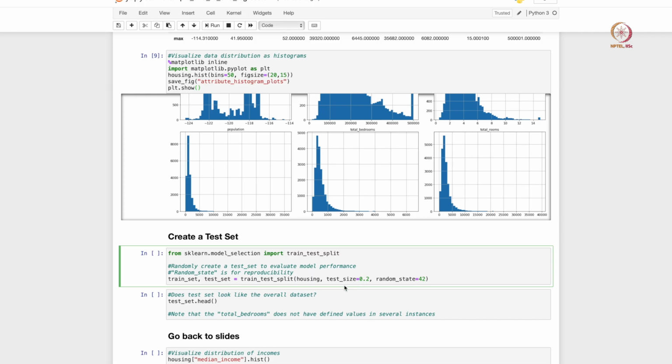So what we are basically saying is that we have about 20,000 data points in total, and we want to reserve 20% of the 20,000, so roughly about 4,000 data sets as test, right. So that is the data that we are not going to expose to the models while they are being trained on, right. And this random state is basically to ensure that your train test split is random.